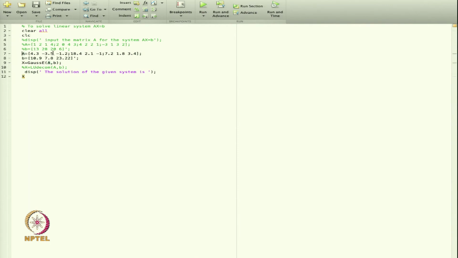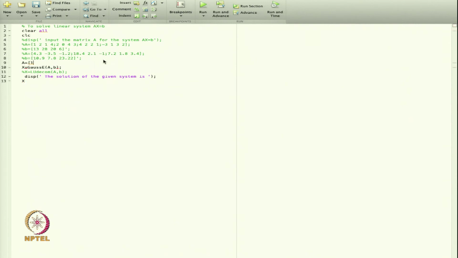Now, suppose I give you a matrix which is not a square matrix, what will happen? So, let us take a rectangular matrix.